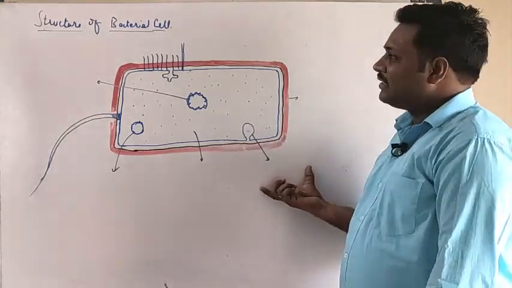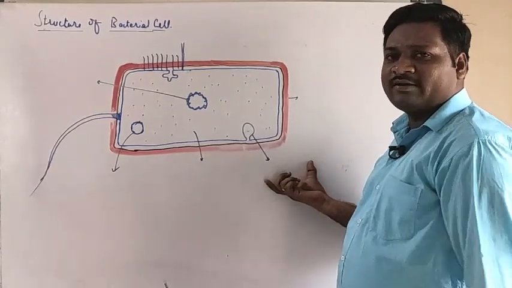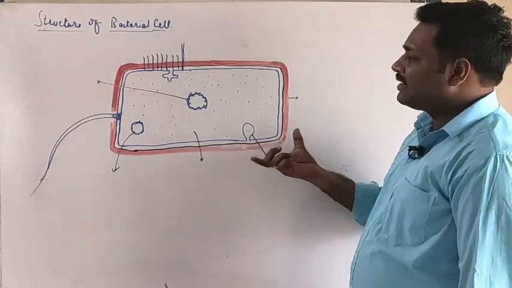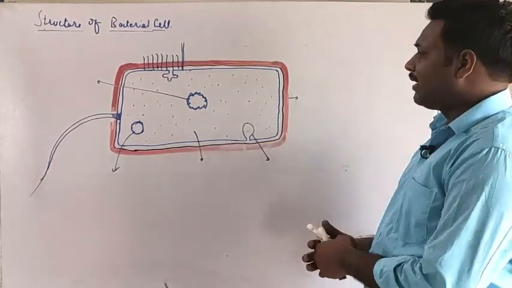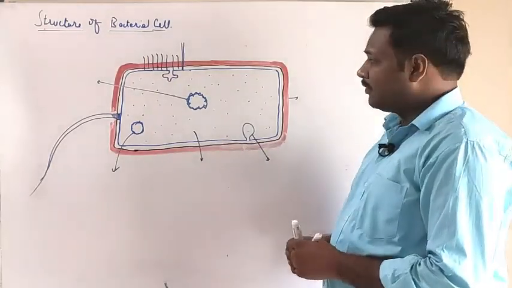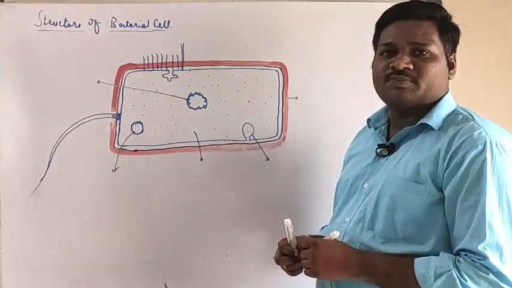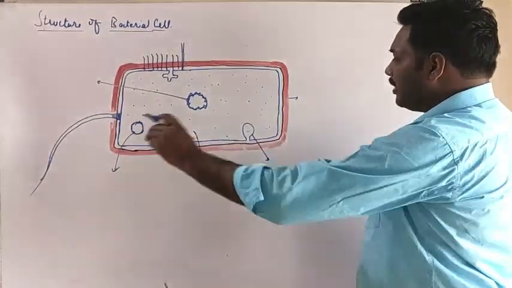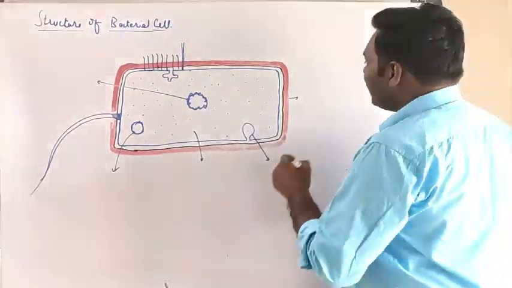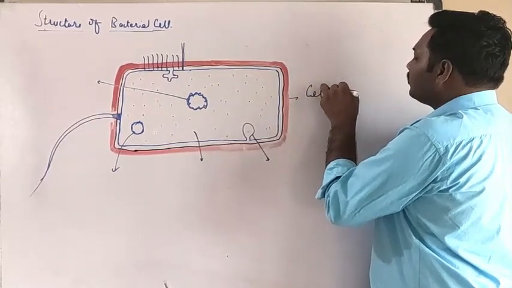So, here you can see a microscopic structure which has been observed under a microscope or electron microscope. So, we get such an image of the bacteria. Now, let's describe the structure of bacteria. We know that bacteria are found everywhere, so they are called cosmopolitan, right? Generally, bacteria consist of a cell envelope.